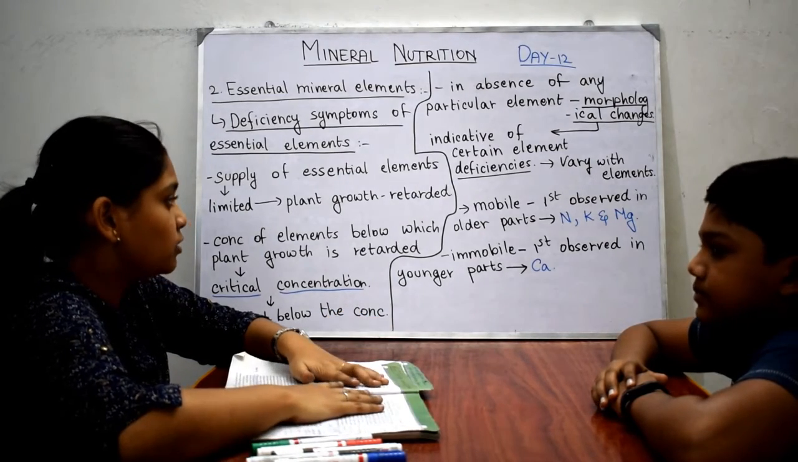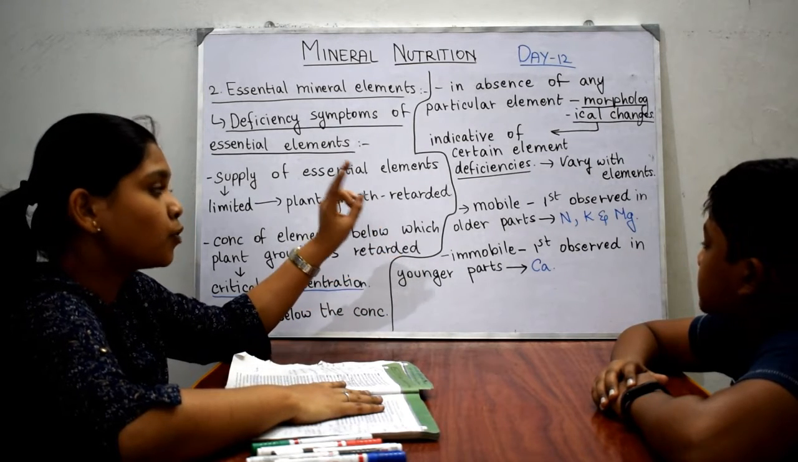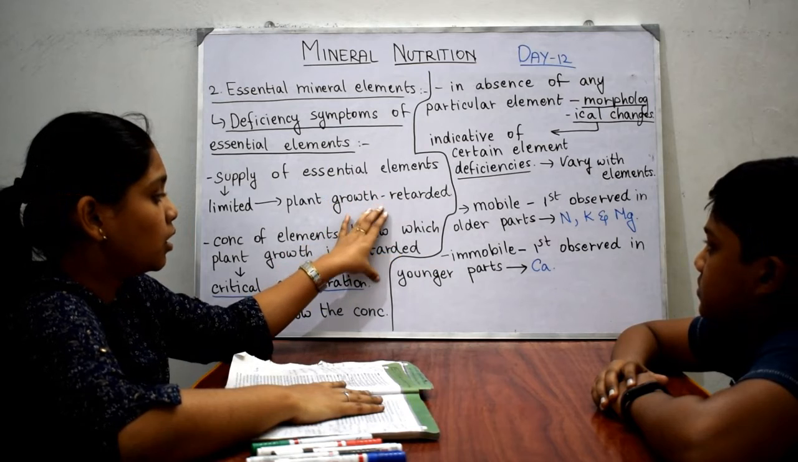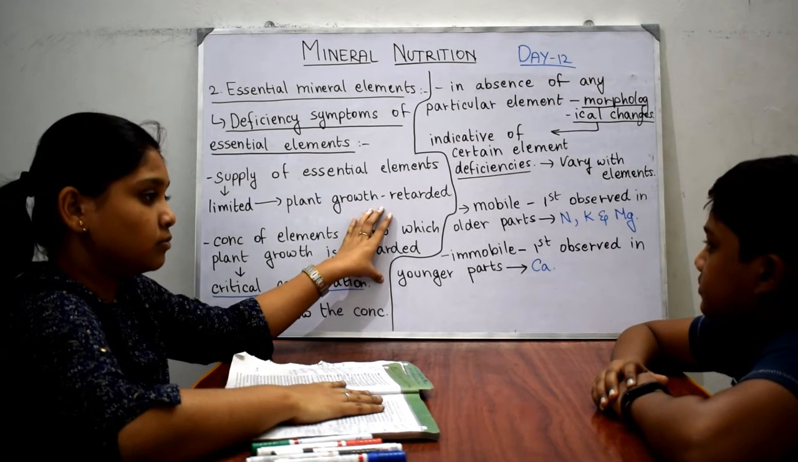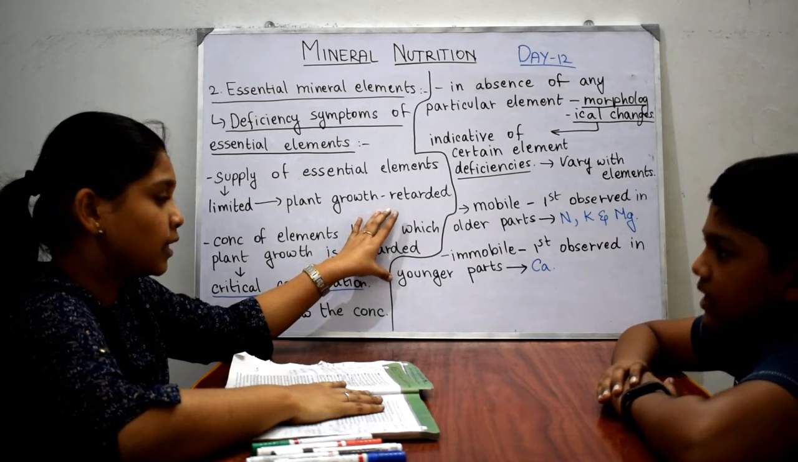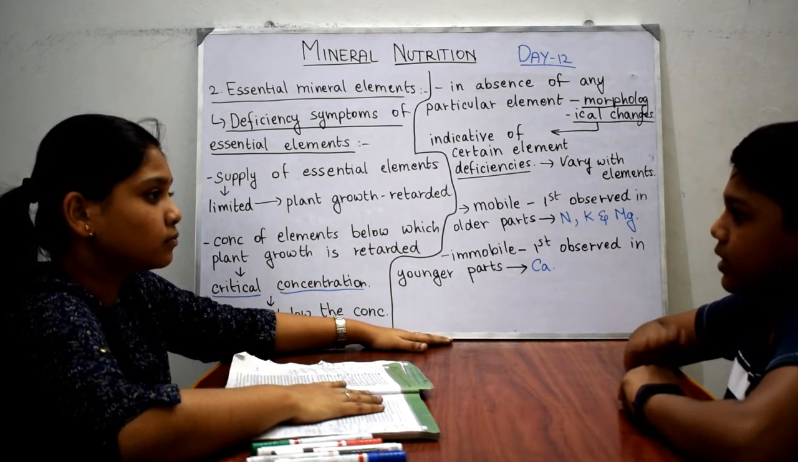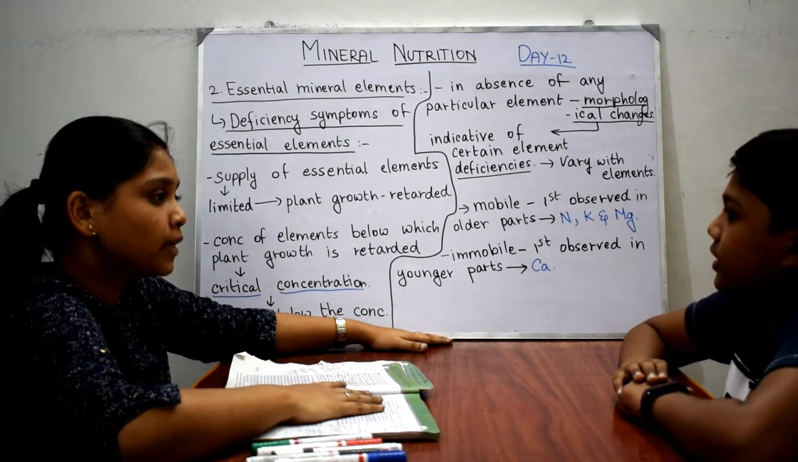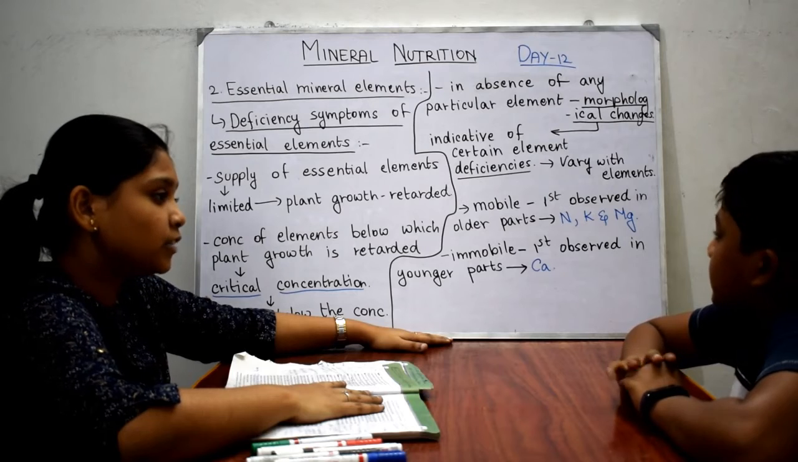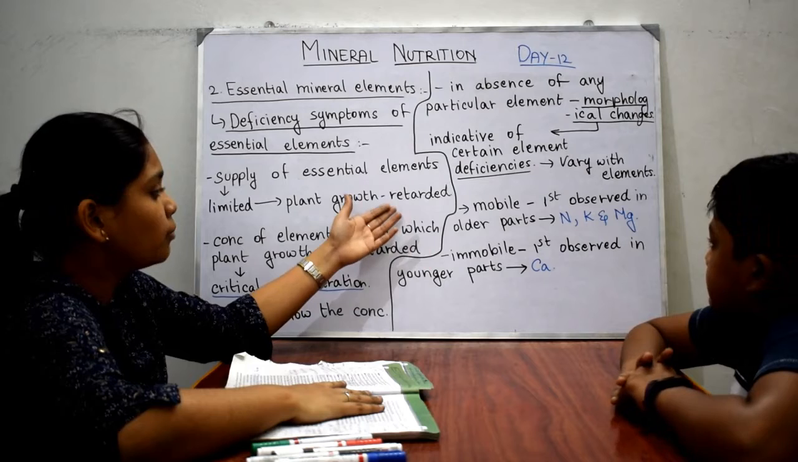Each deficiency varies. So there are two types of elements with respect to movement of elements, which we have seen earlier: mobile and immobile. Mobile and immobile is not the same as transport, which is the movement from the source to the required place. So what are mobile and immobile elements? In mobile elements,